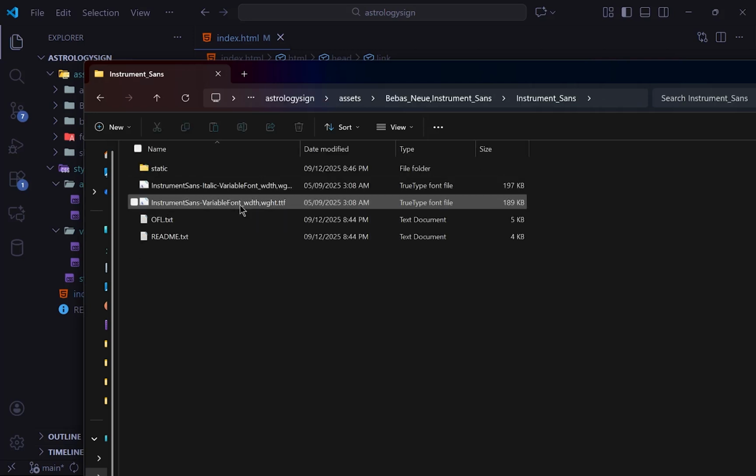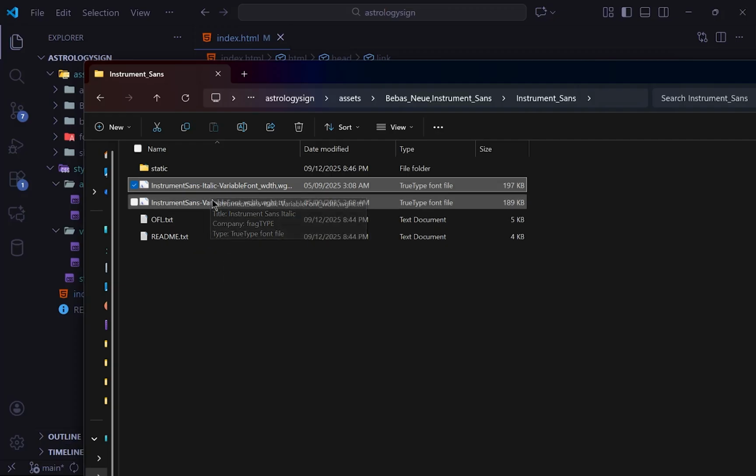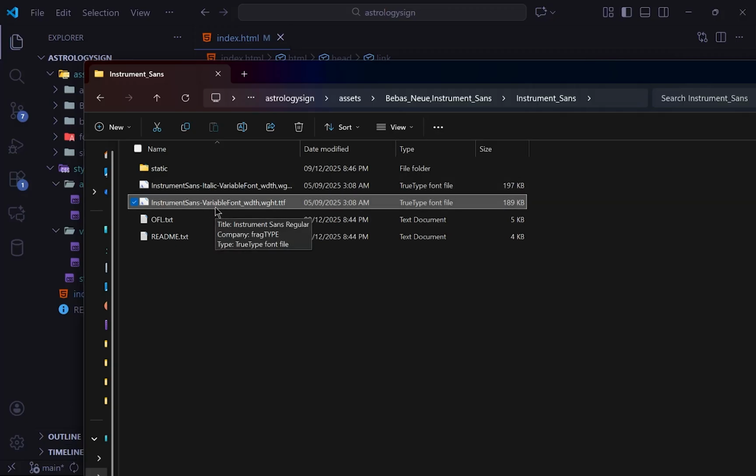see there are two types of files here. And which one do you want to select? So the one is italic, and the other one is just the variable font here. So what I'm going to do is I'm just going to take the regular font, because I don't really need the italic version currently. So I'm just going to say Instrument